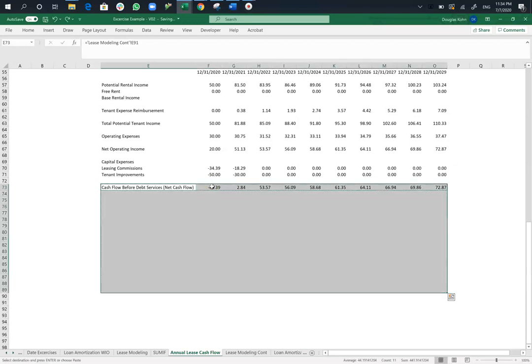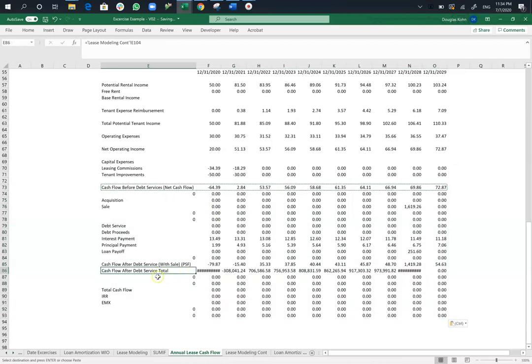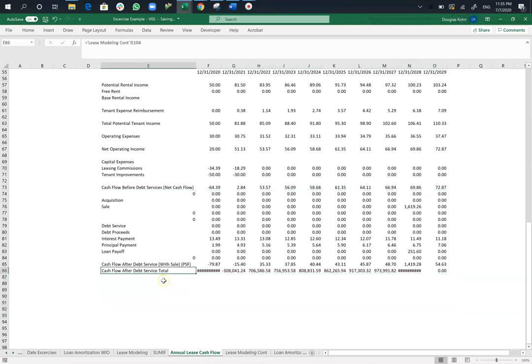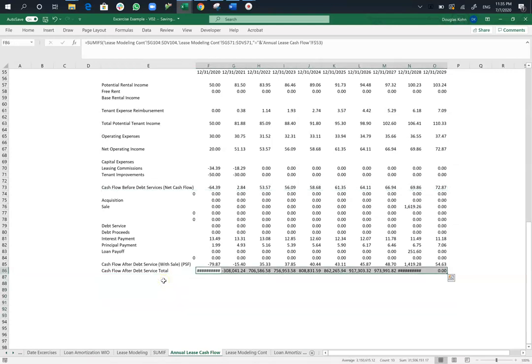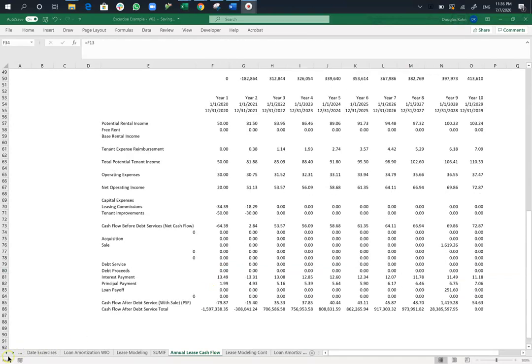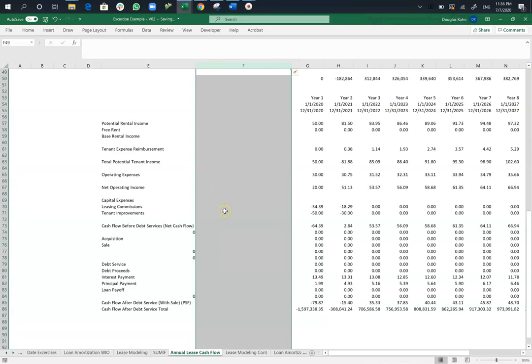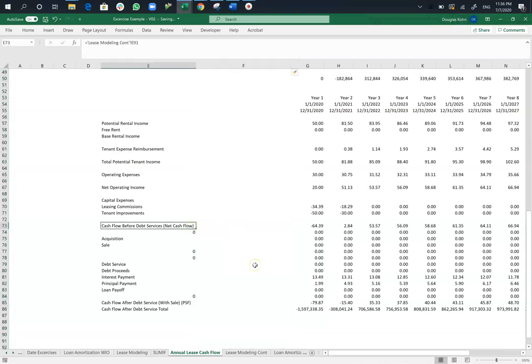So you can see this gets us down to the final formula. But we do need to make a few adjustments to add in the period 0 that we added into the monthly cash flow. So if I insert a column there,